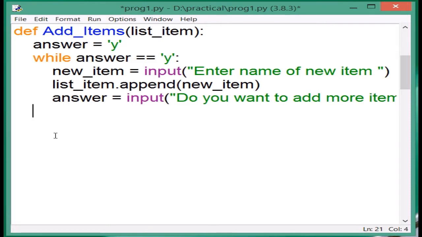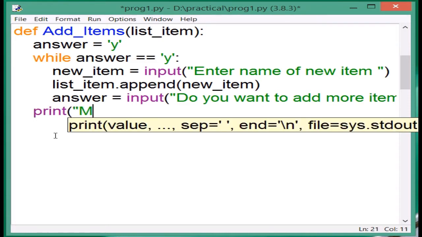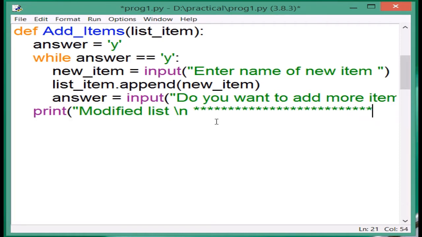Finally, you can print the list on the screen. "Modified list" followed by \n. You know that \n is a new line character. So this text will appear after the modified list string. The new line character makes the cursor go to the next line,